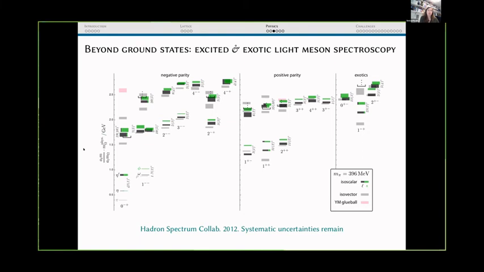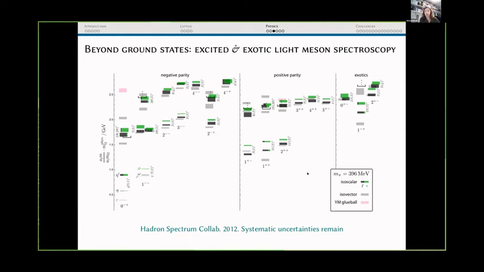If one looks beyond ground state, so this is back to the earlier slides, thinking about now excited states and indeed exotic states in the light sector. This is from the Hadron Spectrum collaboration already quite a few years ago. And this is a very busy plot. So maybe just to take away from this, there is a plethora of states which have been determined in this